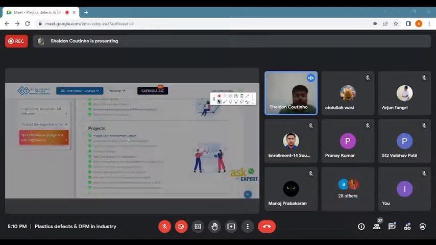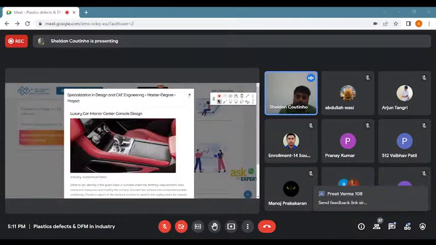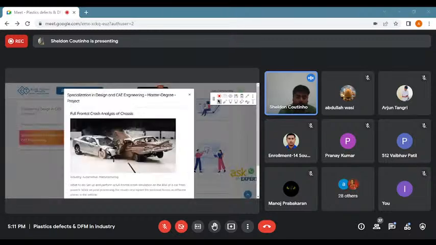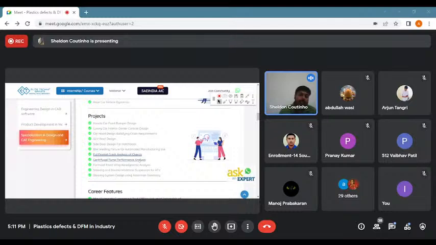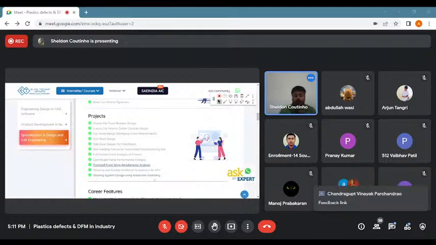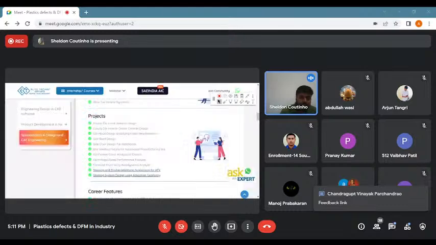Then if you come over here, you look at the different types of projects that are there. You have muscle car front bumper design. Then you have luxury car interior design, where I already spoke about a couple of these. Full frontal crash analysis, where you learn how vehicles crash and deform, and how you can prevent passengers from taking any kind of damage. Then you have Formula One front wing analysis. If you have ever wondered why there are so many winglets and canards on the front wing of a Formula One car, you'll understand that. Then you will learn to design an entire steering system in vehicle dynamics,